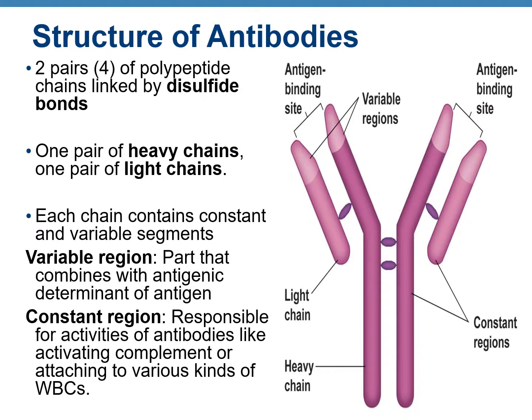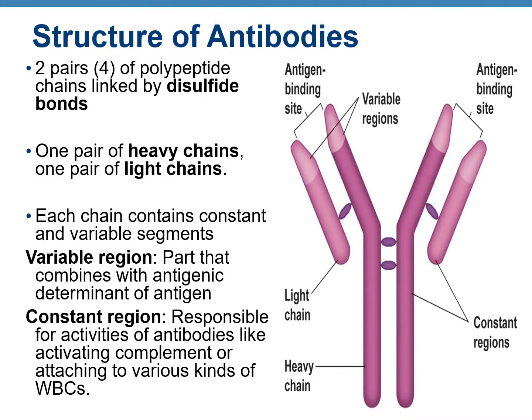Anatomy of antibodies, or structures of antibodies. Antibodies are made up of two pairs of protein chains. That means there are four polypeptide chains, and these chains are connected to each other by special bonds called disulfide bonds. One pair of the chains is longer, called the heavy chain, while the other pair is shorter, called the light chain.